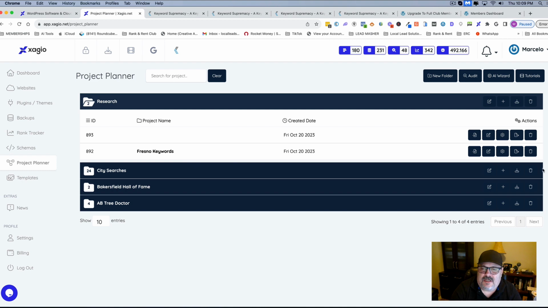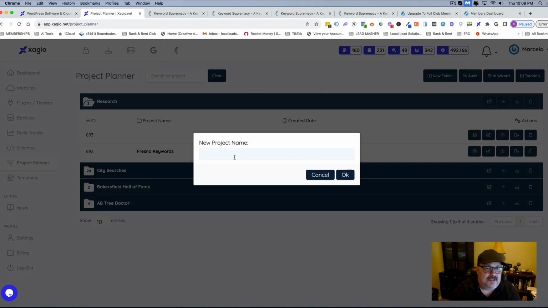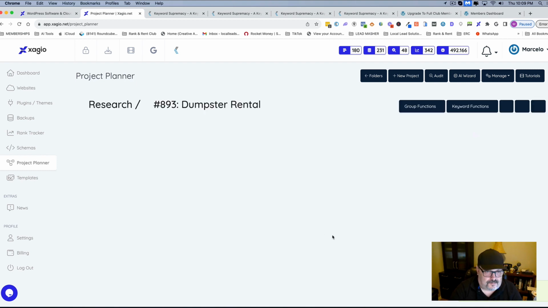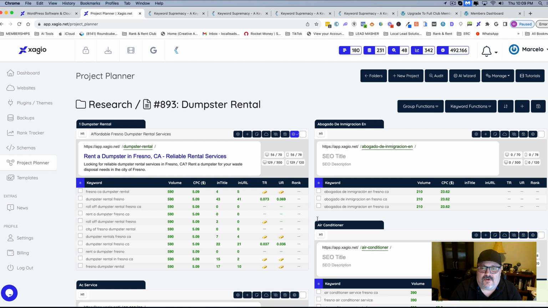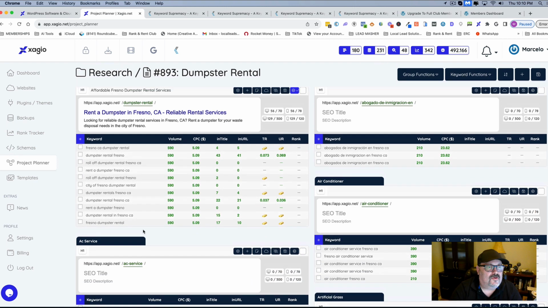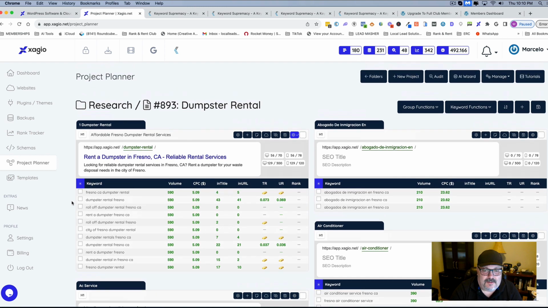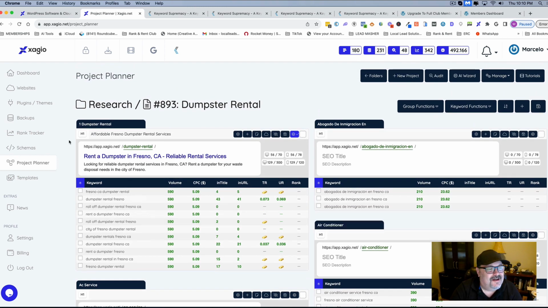Okay, it looks like it imported it but didn't put the name, because I think I didn't put the name, so let's just do a dumpster rental. So then that's its own little project now. Let's go open that up and look at that. So look, it brought all those over. So now I have this dumpster rental thing. It actually brought some other stuff over too. That's okay. But this stuff is so new that I'm sure I did something wrong. But this to me is just golden.